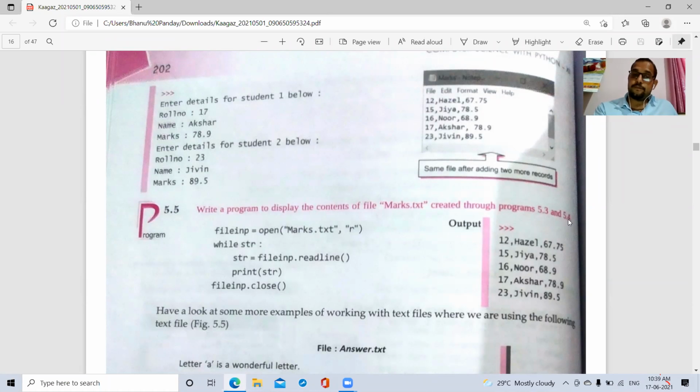कैसे करेंगे, तो file input, this is our file object equals to open marks.txt comma r, means read mode, because writing portion we have done, जो भी हमने लिखना था वो हम लिख चुके हैं, ठीक है, this time we want to display, for display we need to retrieve data from the file, हमें लेके आना है फाइल से, जब लेके आना है खाली पढ़ना है, for that purpose we need r mode, that means read mode, clear, so open your file in read mode, and then while